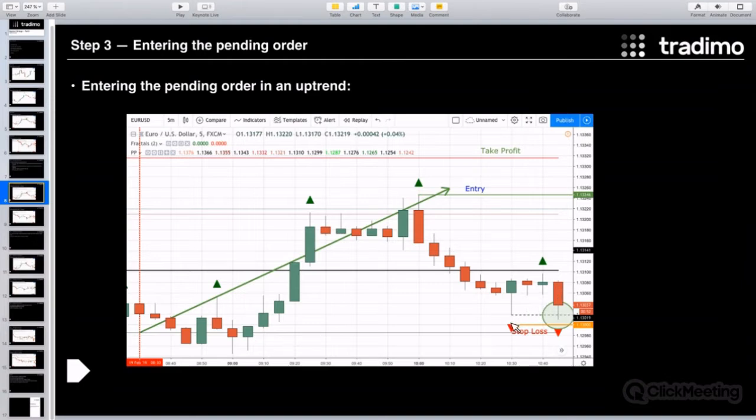For this reason, this is our stop loss level. And a little recommendation to you: take 1 pip below the low of the candle. So for example, the low of this candle is 113.02